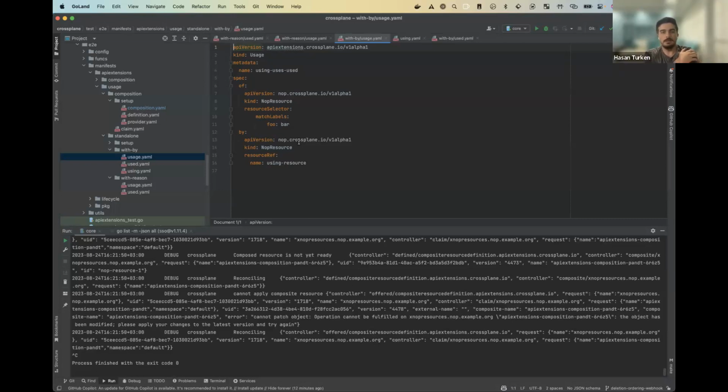Yeah, currently we need to prevent or interrupt the delete requests, and we use an admission webhook for this. And we are not preventing all delete requests on all resources. We use a specific label, crossplane.io/in-use: true. So you can check that label and see if that resource could be in use or not.